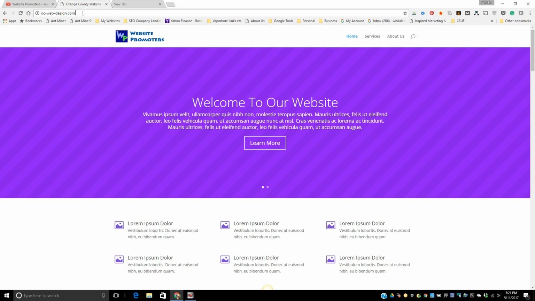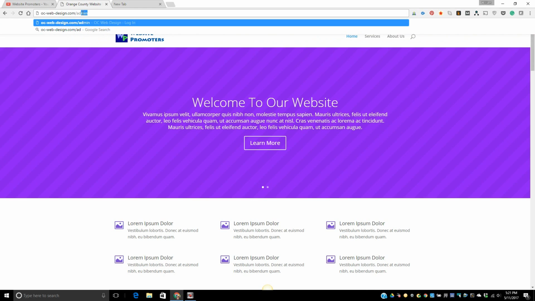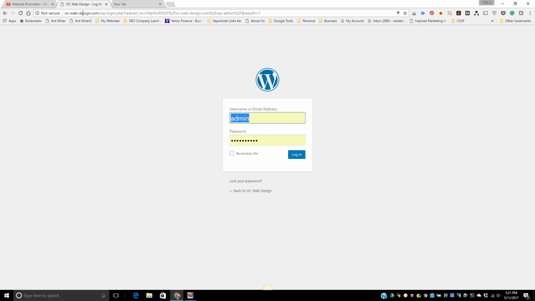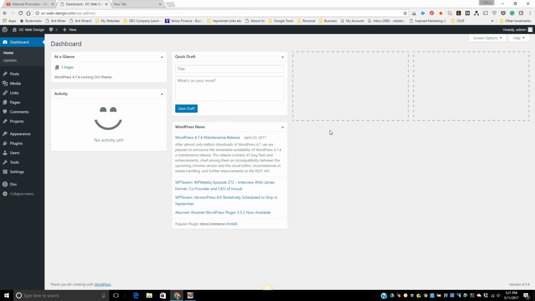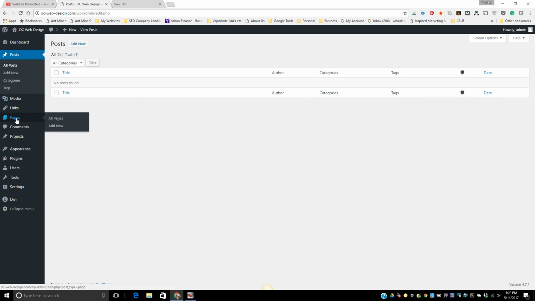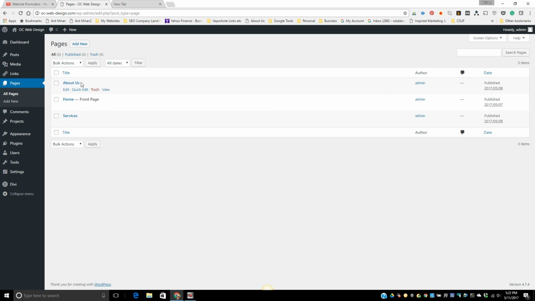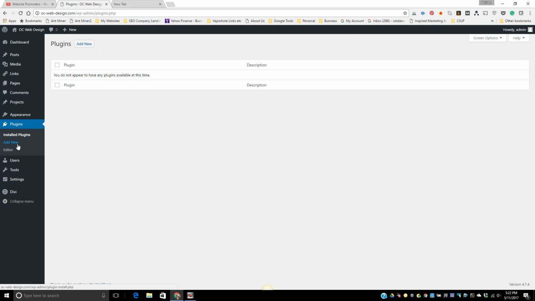So the first thing we're going to do is log in to WordPress. Enter your username and your password, and then click on Login. Just a brief recap, we don't have any posts. We created 3 sample pages, Home, Services, and About Us. And we don't have any plugins, so really what we're going to do is just start out with installing plugins